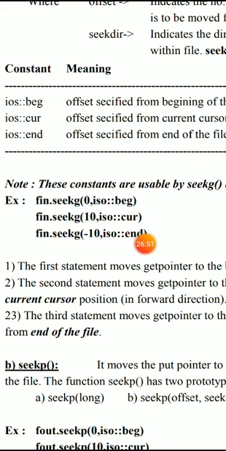Similarly, the last statement fin.seekg(-10, ios::end) means from the end of file it will take the cursor and place it at the 10th character position in reverse direction from the end of file.